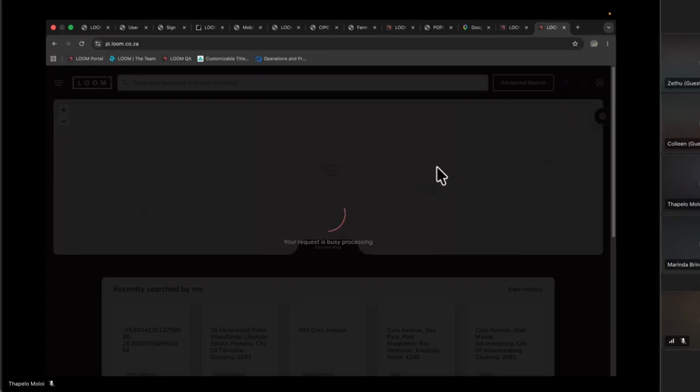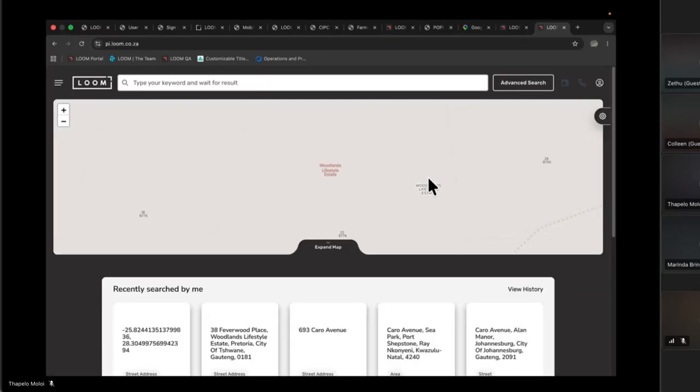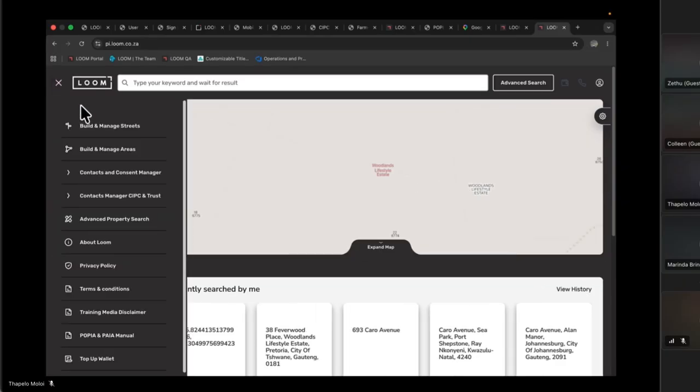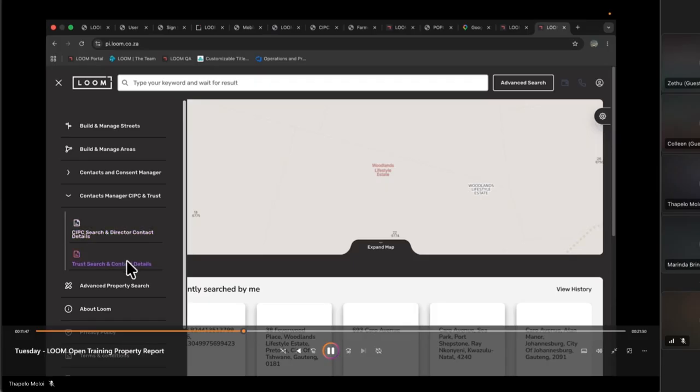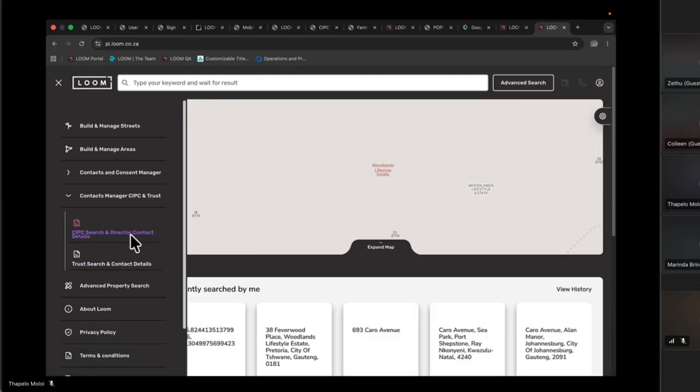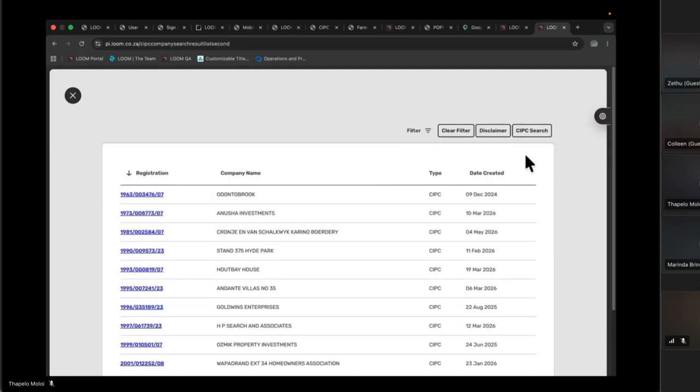The last search method that I would like to point out to you today would be our company and trust searches. These are dedicated company and trust searches. So what I will need to do is go to the far left-hand side of my screen. You will note all the way on the left-hand side, there is a menu button. I will click on it and the menu will open. I will then go to Contact Manager, FSC and Trust, and I can choose which search method I would like to go with. I will for today click on Sub C,